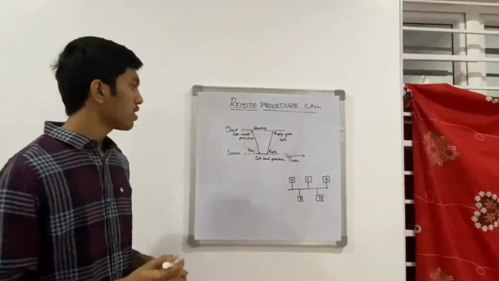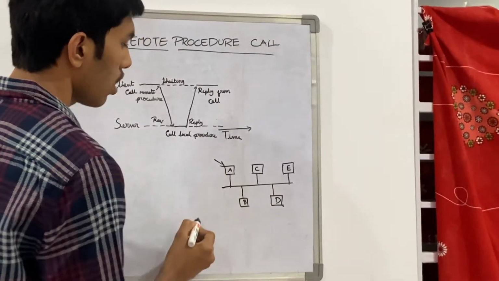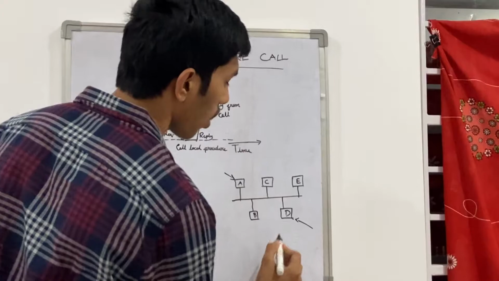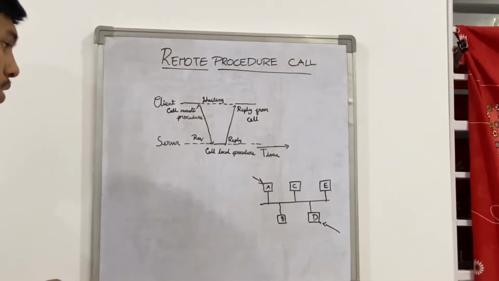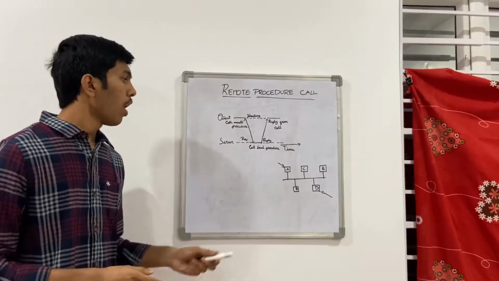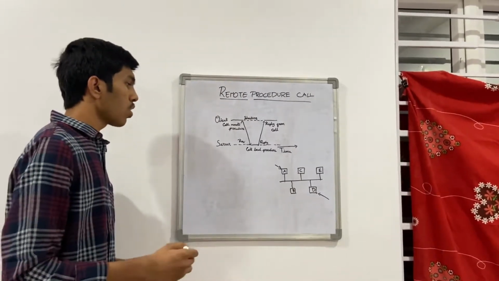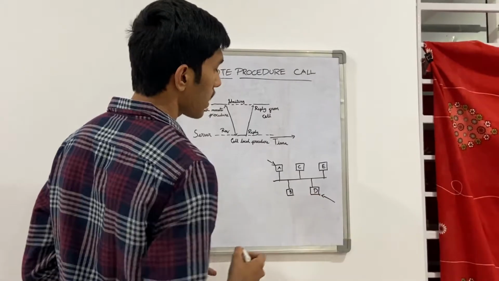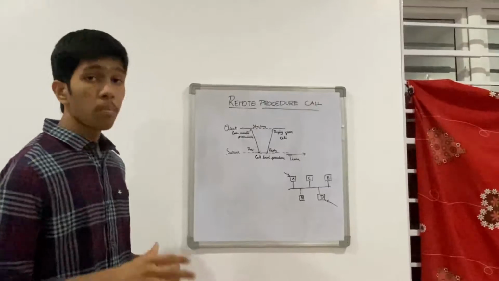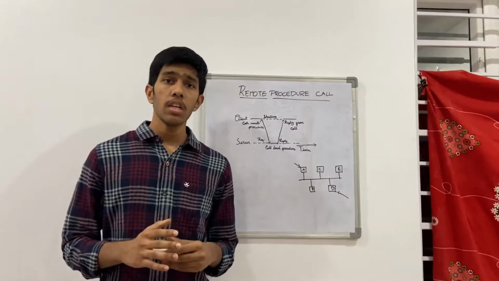It means that suppose you have a network of devices and you are operating at node A, and you want to run a procedure call at another node. You already know how to make a local procedure call, but this is different because the procedure call is at a different location. This is where the remote procedure call comes into play, and it follows a client-server architecture. It is done in a synchronous manner.